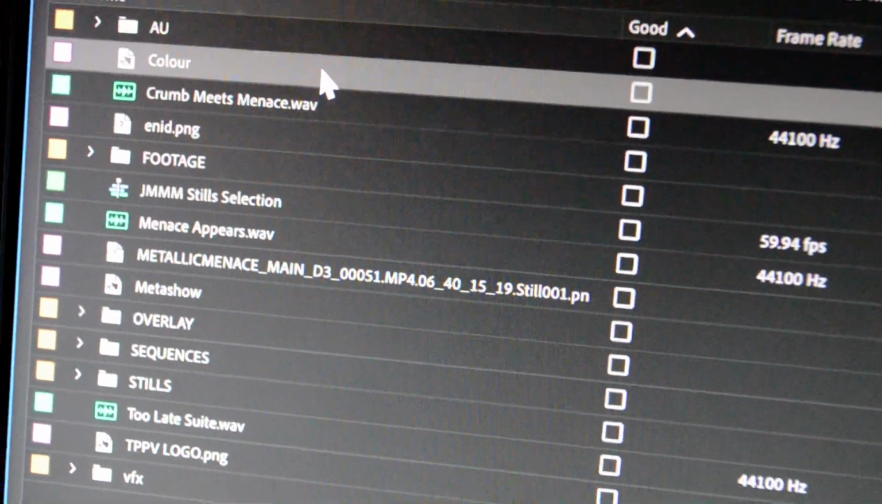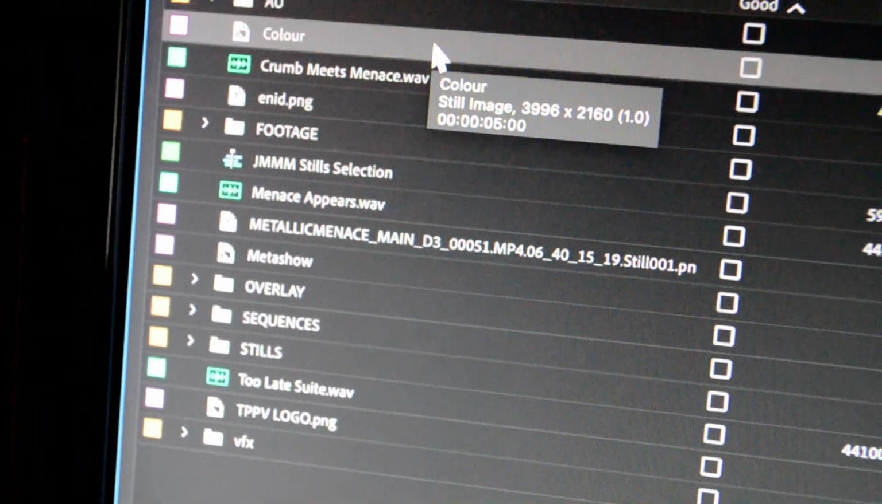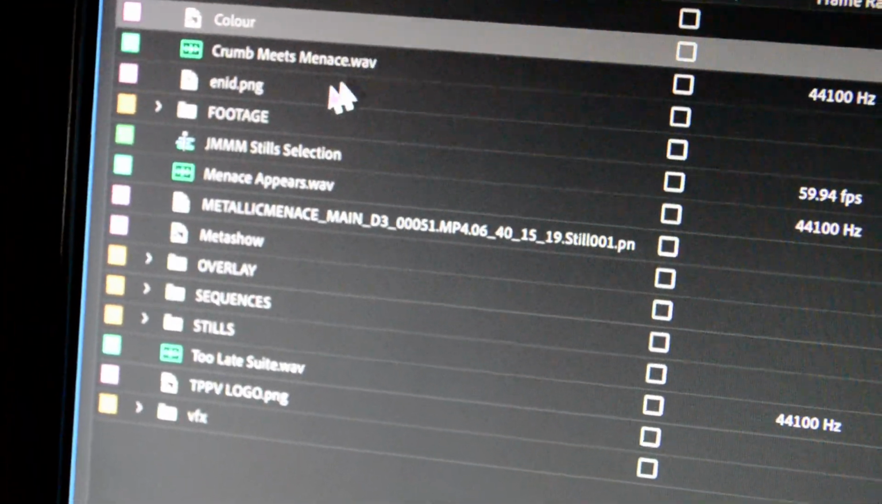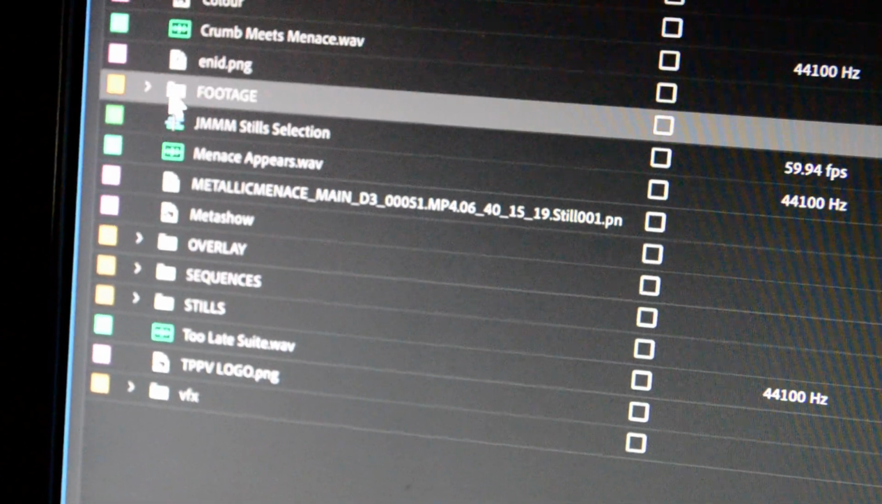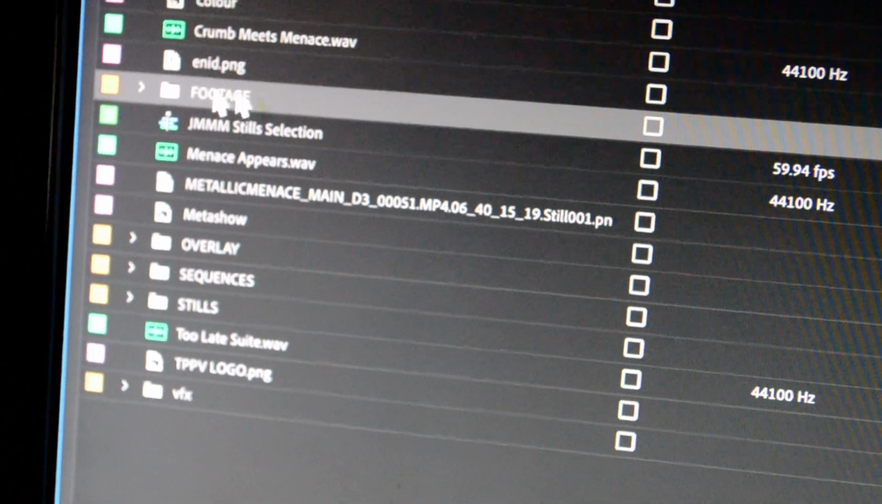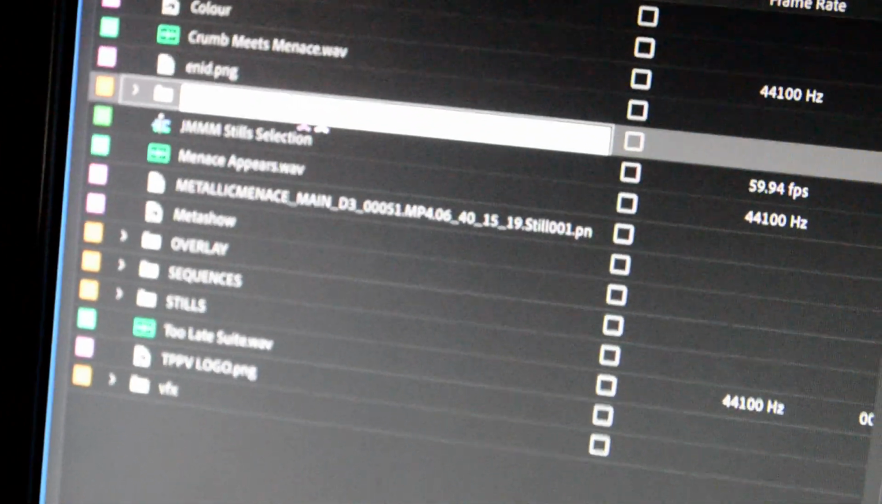And then we have the color adjustment layer. This is the adjustment layer applied to each scene to add color grading. I don't know what this is. This is the main footage bin. So if I double click this,